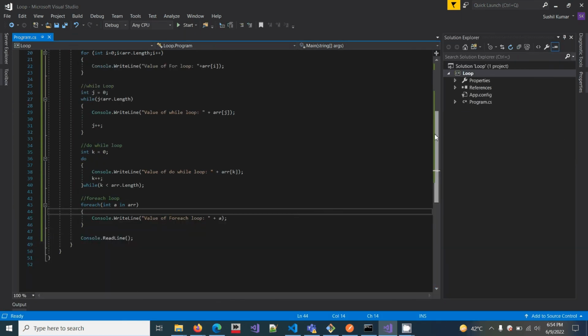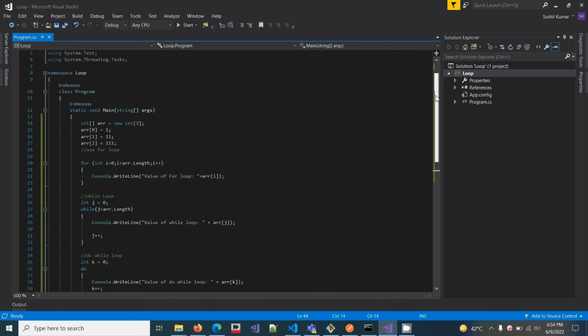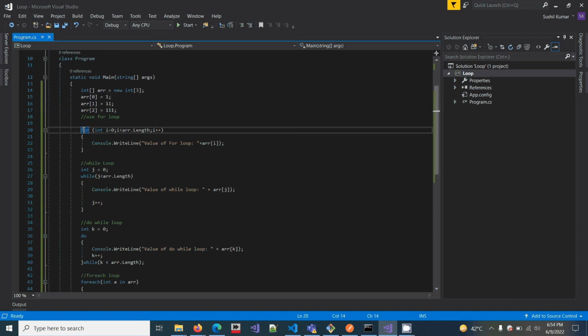So, repeat again. I have an array of integer type, so in this array we store only integer type values. For loop, the syntax is: initialize the value in the loop, after that check the condition, then increment.